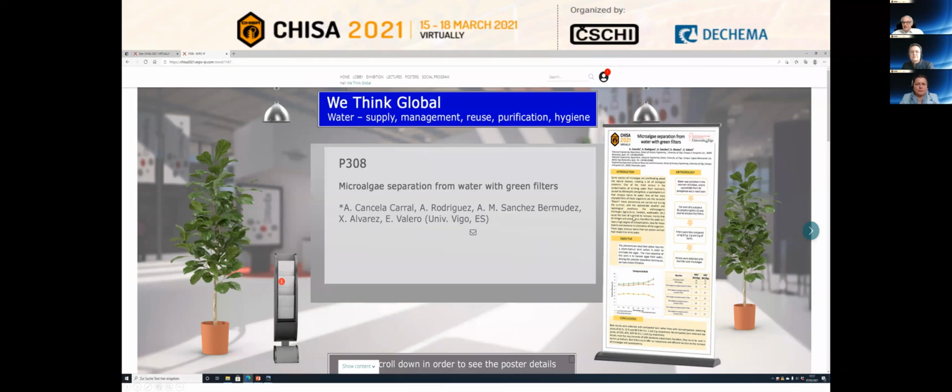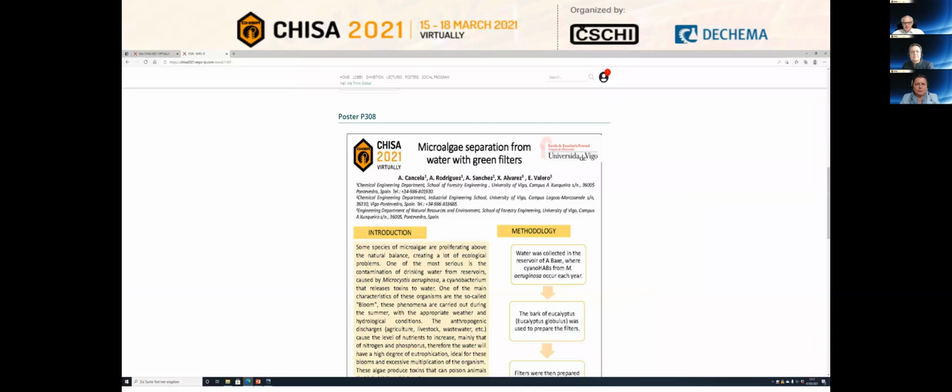This is a nice thing here, but you might say that this is a little bit small to read. This is true. If you scroll down, then you get the full version of the posters with all the information. You can download it, of course, and then you have everything you would like to see. And this is very, very convenient. And also, as I mentioned, the connection to the authors is also very convenient with a chat function.